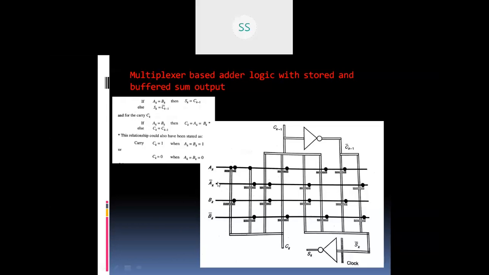So therefore, just go along this line. Now this part implements the sum, this part implements the sum, and this part implements the carry. So AK bar, that is 0 bit, here we have the 0. Here is one transistor. Then I have BK bar, that is also 0. So therefore, you can consider this line. This is one transistor, this is another transistor. So for these two bits, sum should be 0.